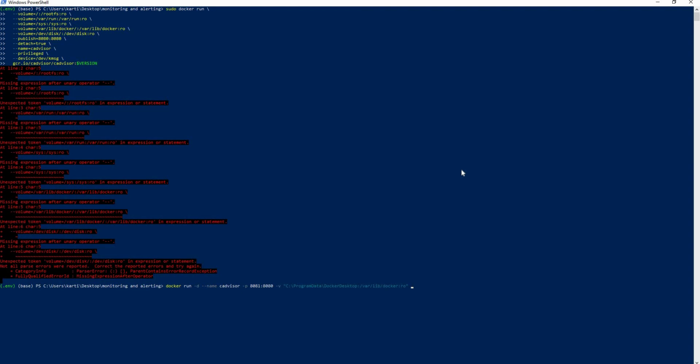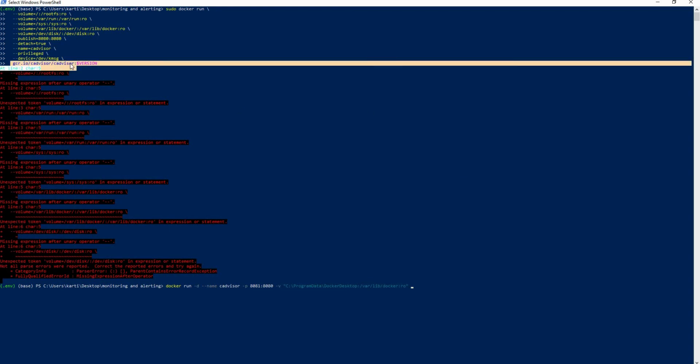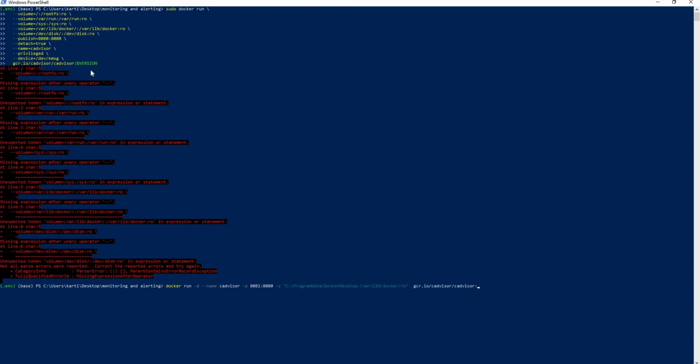And I'll just give the Docker image and let's say latest as the tag. So it will pull the cAdvisor container image from Docker Hub.